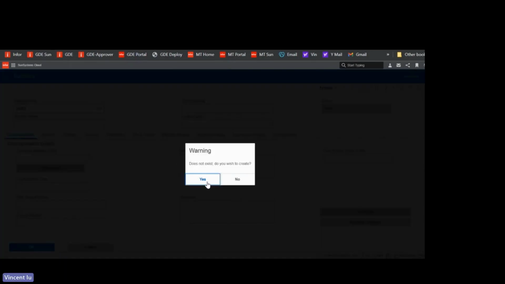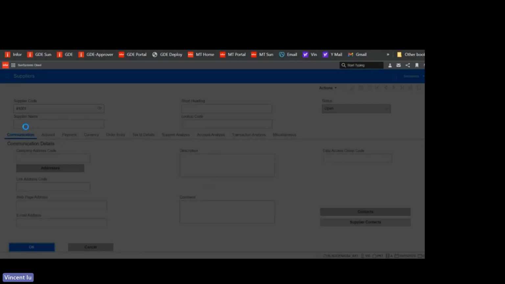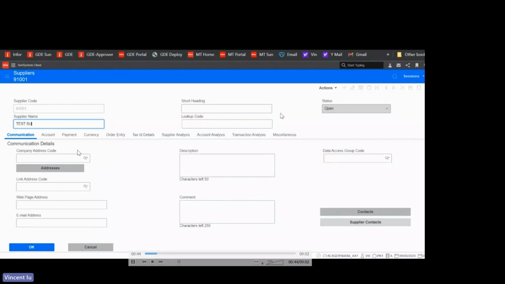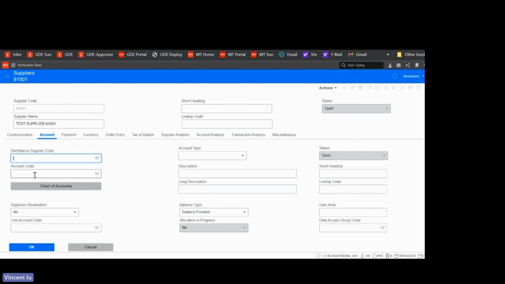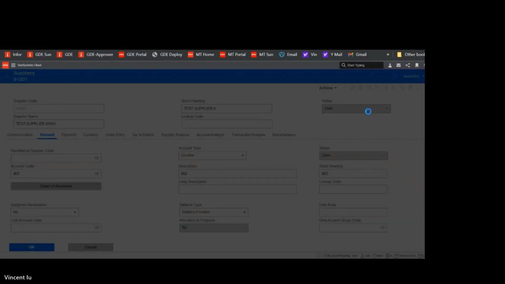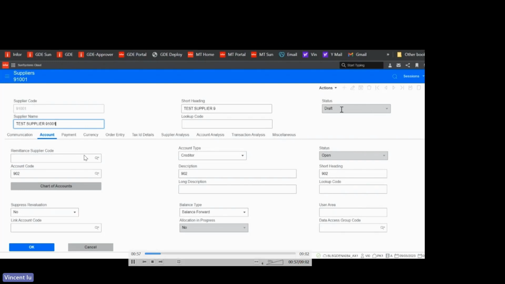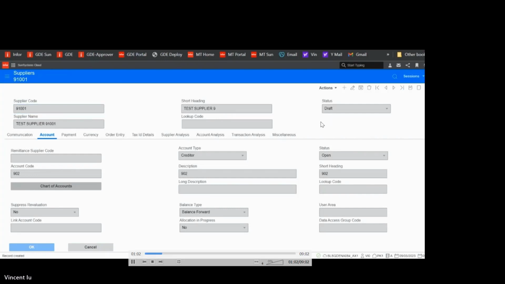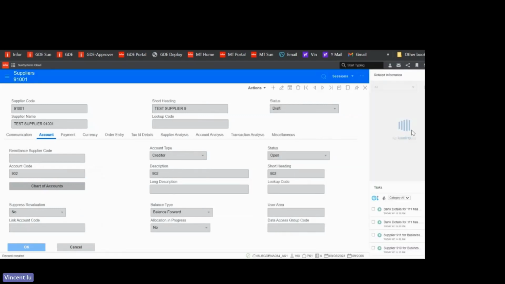Just key in the new supplier code, and if it doesn't exist, it will ask if I want to create it. I give it a name, the basic information for a new supplier onboarding, and then the account code in the GL. After I create this record, the status by default will become draft. The system will also put this supplier record into the workflow process